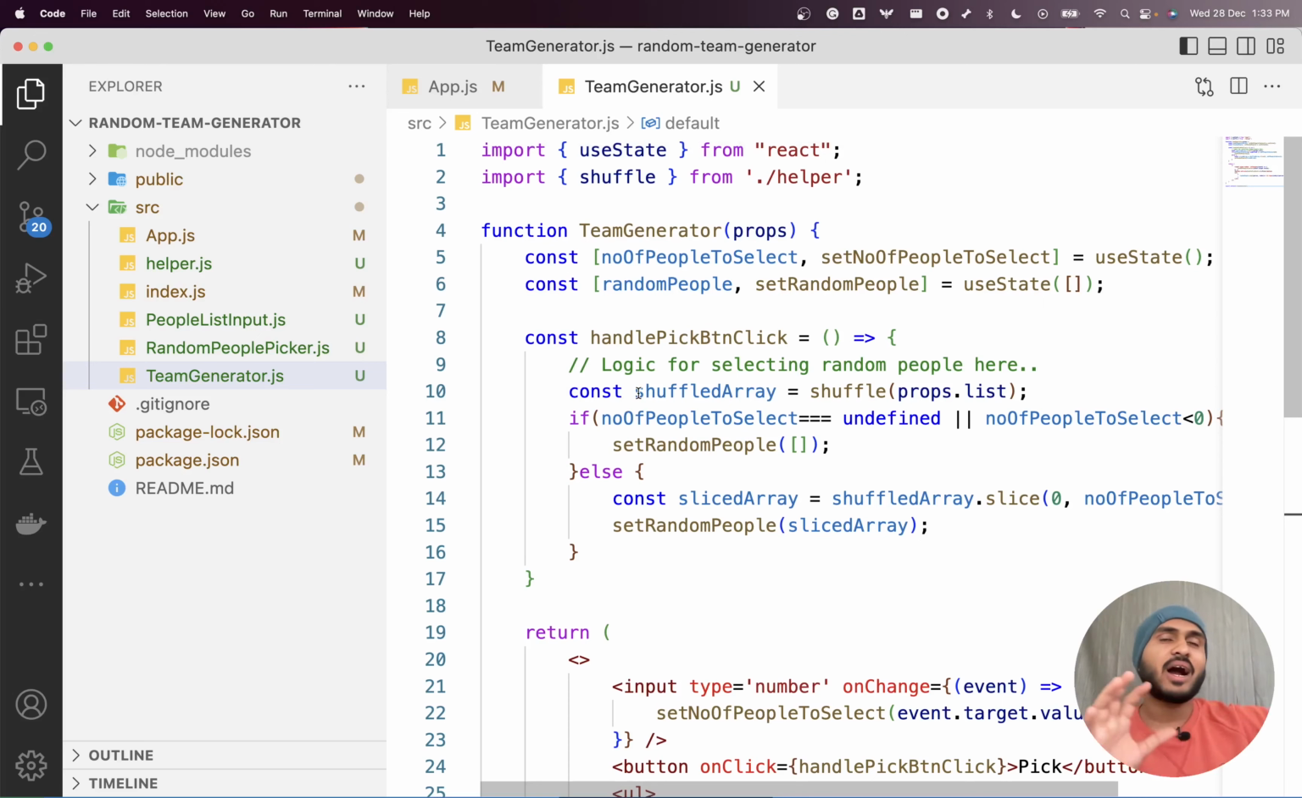See, team generator, how it is going to work. So team generator is going to ask us how many teams you want. Let's say you say I want 2 teams. Let's say you say I want 3 teams, something like that, right? So you can basically tell how many teams you want, and then this team generator is basically going to generate